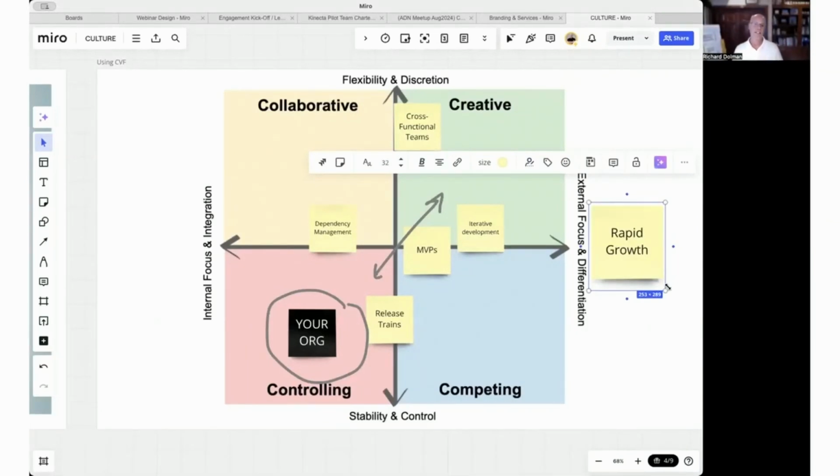But the best way to deal with rapid growth is really to lean in on all four of these dimensions of this quadrant model, right? Focus on what's important to you as an organization from a collaboration perspective. Focus on what's important to you from a creative perspective, from a competing perspective, and certainly from a hierarchical or a controlling perspective. So this one's really tricky. It's really nebulous, but my advice there would be kind of leverage all four of these quadrants. And again, when you see tension emerging relative to this, negotiate in similar fashion as I described in some of these other potential ideas.